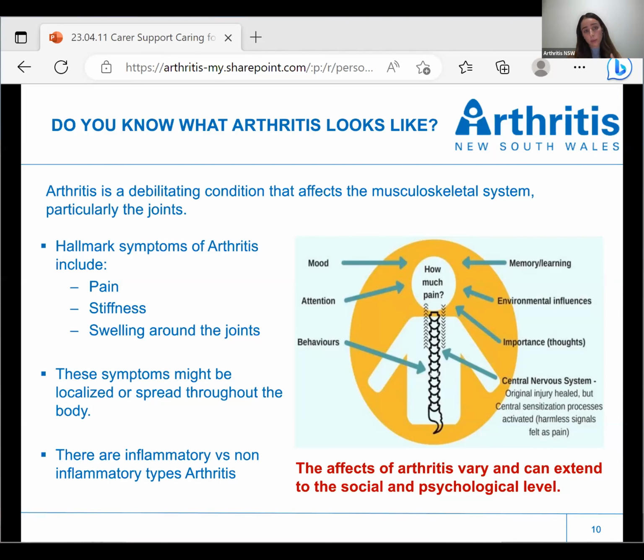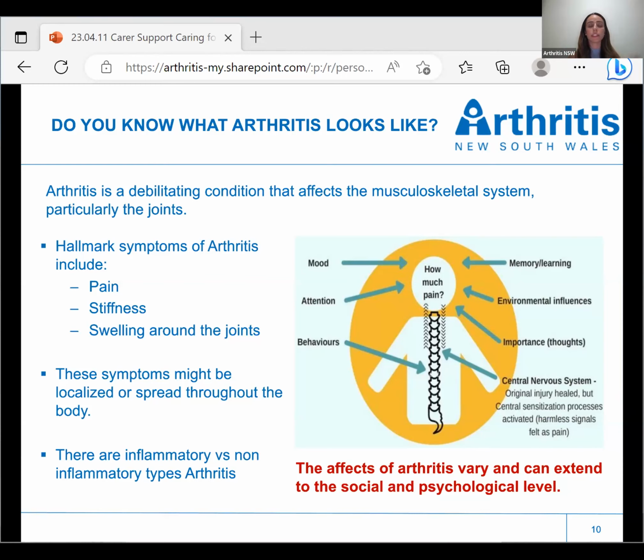The main joints that we see affected in arthritis are usually the knee, the hip, and the spine. But not only does it lead to these painful symptoms, it can also exacerbate other symptoms like fatigue. It can affect mood, energy levels, behaviors, ability, and willingness to participate in social activities. And so to understand how these specific symptoms are affecting your loved one, you can ask a lot of questions about how their arthritis is affecting them today, what type of medication do they need, what tasks and exercises can and can't they do,